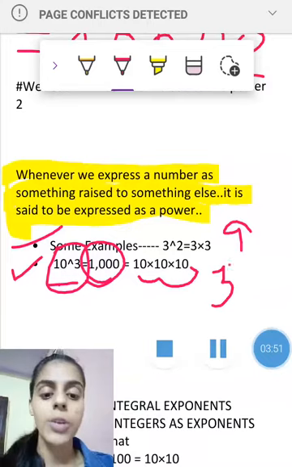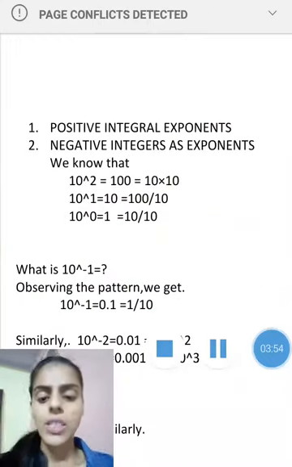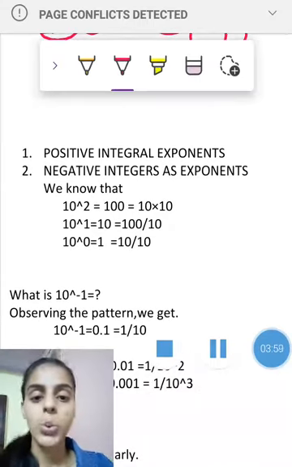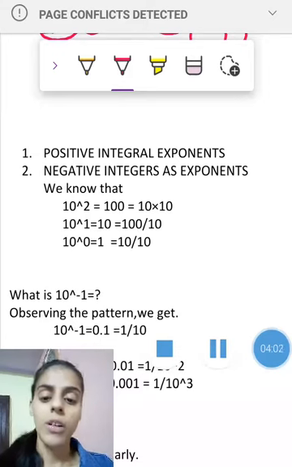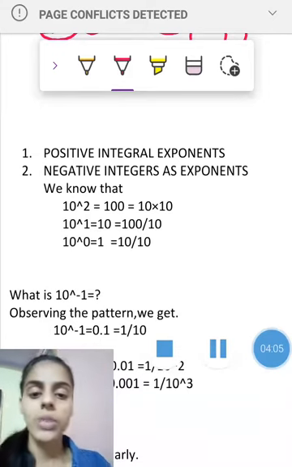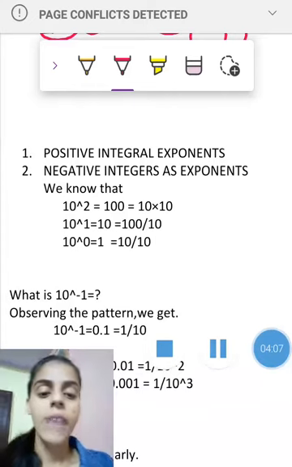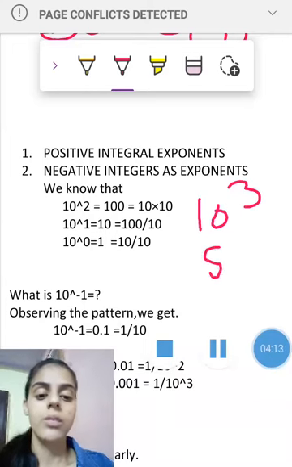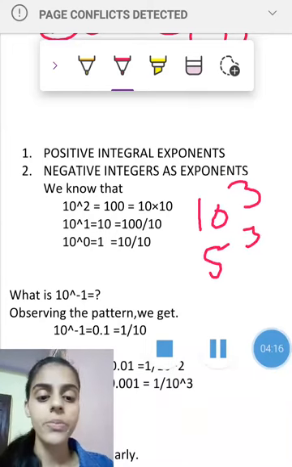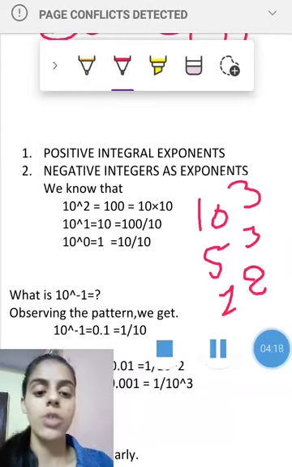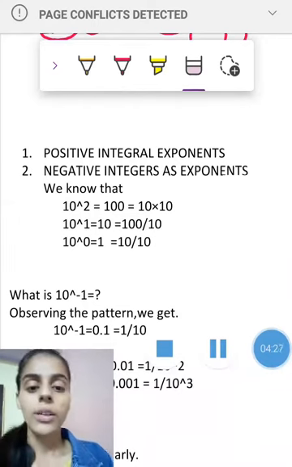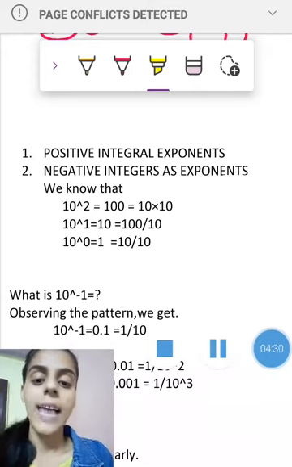because our exponent is 3. So as you came to know, we are using many terms like 10 raised to the power 2, 10 raised to the power 3, 2 raised to the power 5. These are all positive numbers. The exponents we have studied till now are all positive, and you can see this one also positive, or 2 raised to the power 8. These are all positive integers. So let me first erase this one. Okay, now I am going to tell you about some negative integers as exponents.